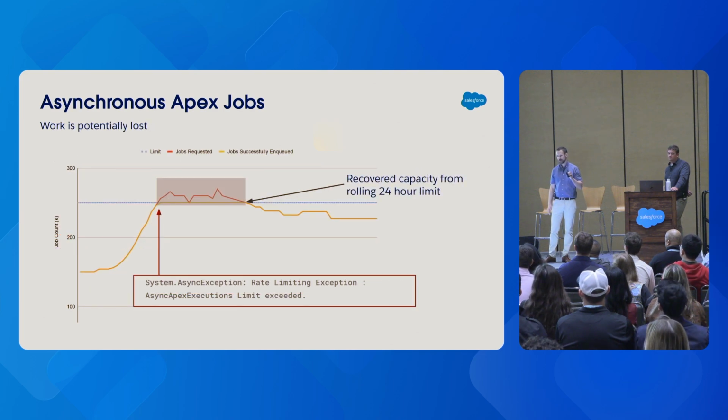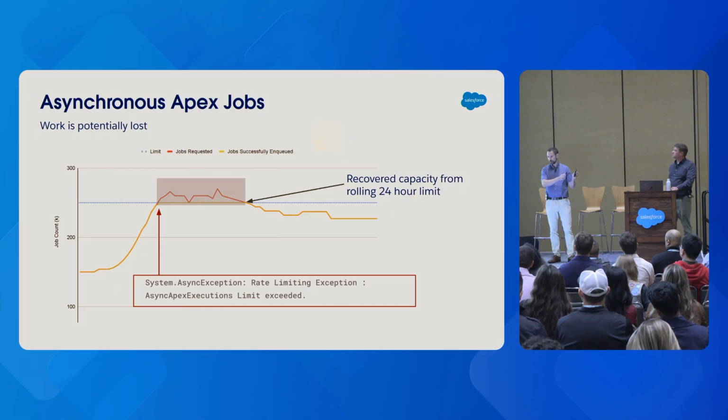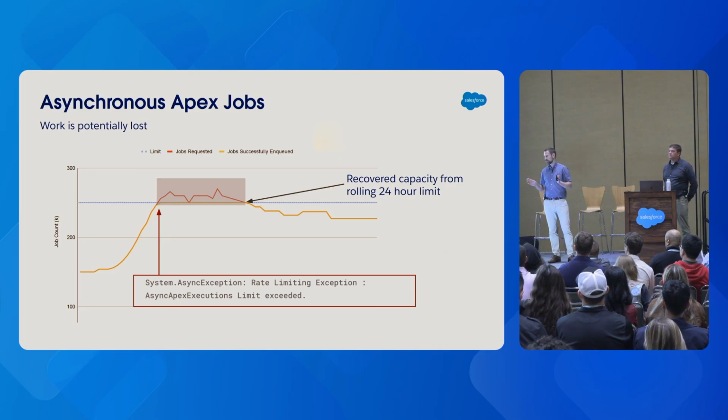The blue line here is your async Apex limit. Your consumption goes up in your org through the day. When you hit the limit, you basically hit the hard wall today. From now on, you will get exceptions until the hourly window recovers some capacity from the last 24 hours. No enqueue will work. So functionality that relies on enqueues and async jobs is going to be hard down until